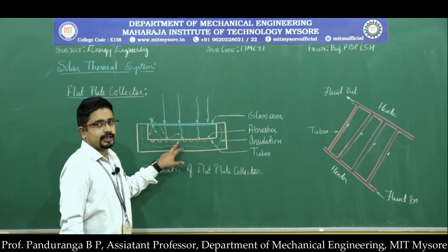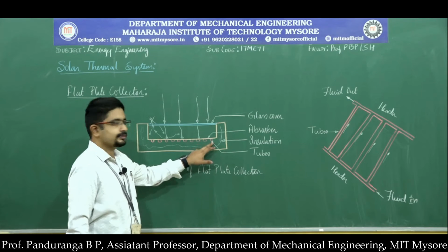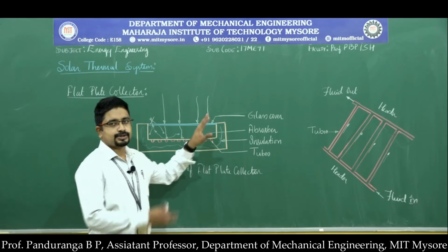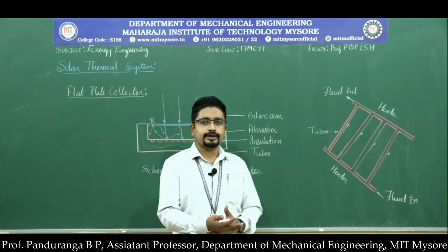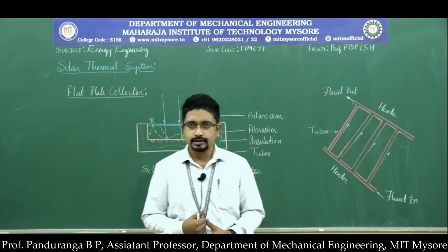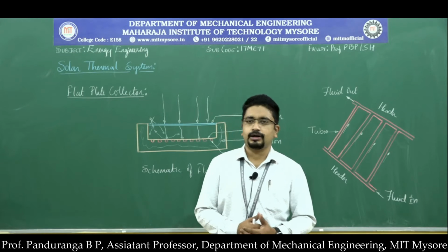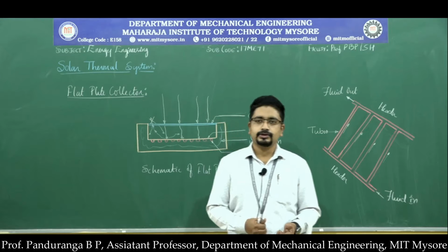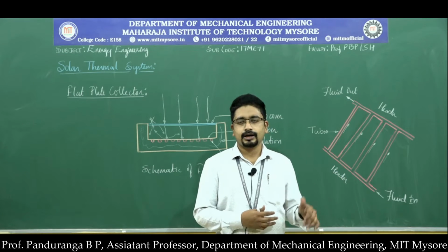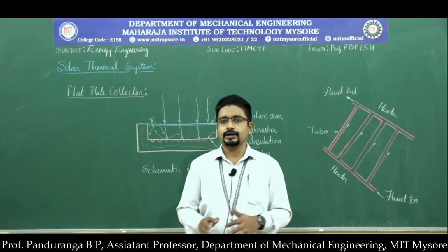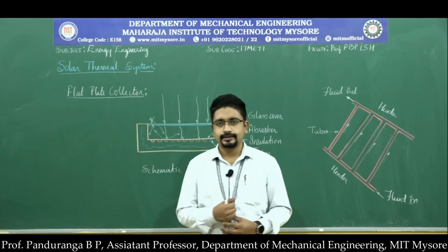Now the heat energy will be transferred to the water or fluid flowing through the tubes, and then it will be stored in an overhead tank, so we can use it whenever we need. If it is a water heater, then whenever we need hot water in our house, we can switch on the tap. Until the water which was stored in the pipe gets emptied, you will get cold water, and after that you will get hot water coming from the tap.